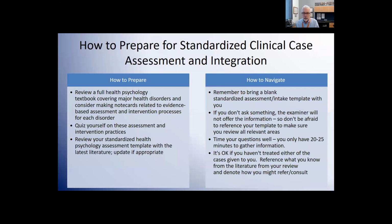Again, you're going to be allowed to have your own standardized clinical assessment tool in front of you that you utilize. If you don't have one, I encourage you to put one together. You're also going to be allowed to take notes. You're going to be given about 5 minutes or so to review that clinical case scenario. And then you're going to start asking the examiner for more information. You're going to be asking specific questions about what else you need to know about a patient's presenting history of present illness, family history, prior psych history, everything that you're going to be utilizing in your own assessment